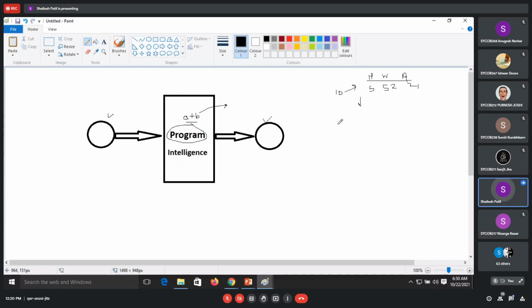When an 11th student comes to me and forgot to fill in his weight, I have to calculate his weight. I know his height is, suppose, 5.2, and his age is 21.3, so 3 months like this. So what is his weight?